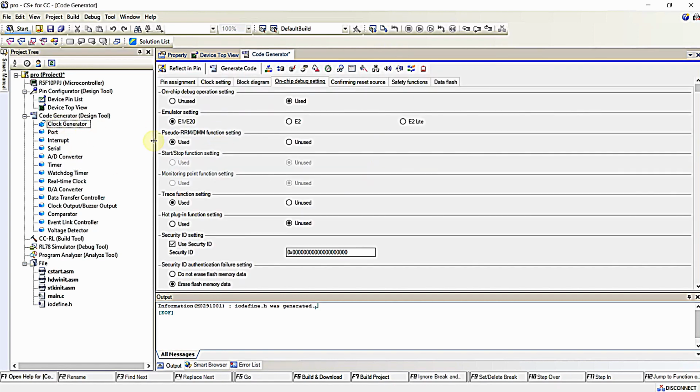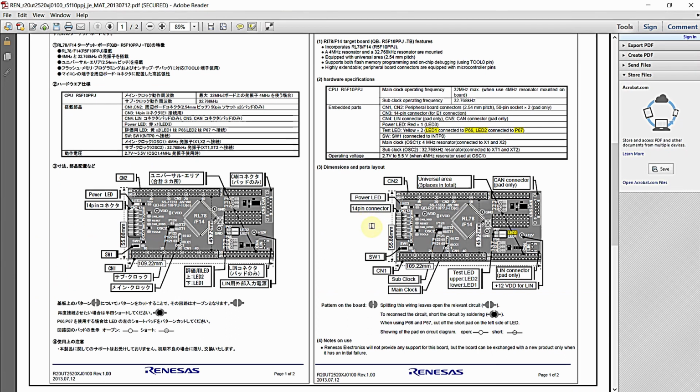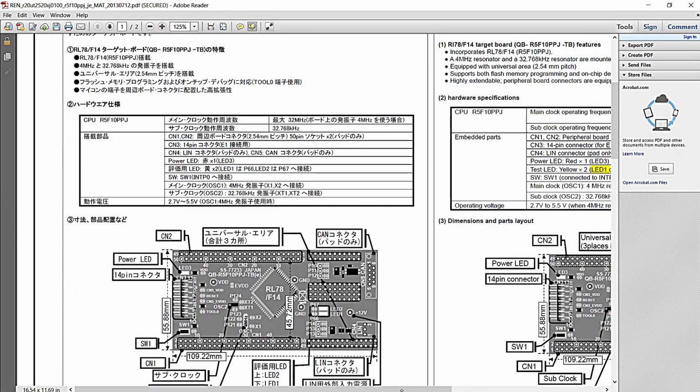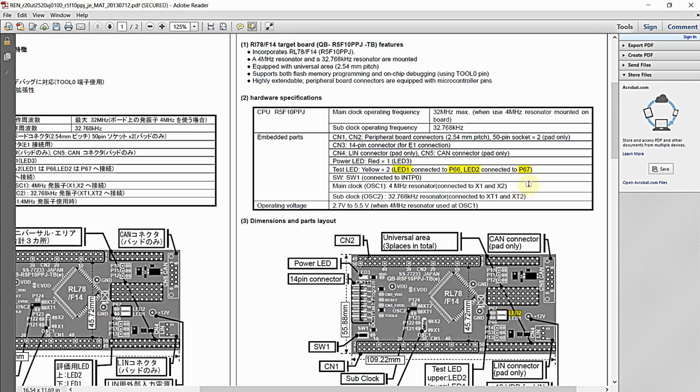That's it. These are all the required basic configurations that you want to do for almost all the programs. So now let's move on to configuring our microcontroller as per our application needs. Now, for configuring this corresponding P67 pin as an output pin in our microcontroller, what you can do is